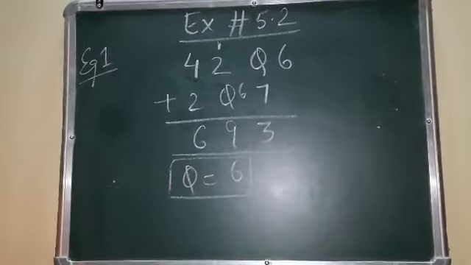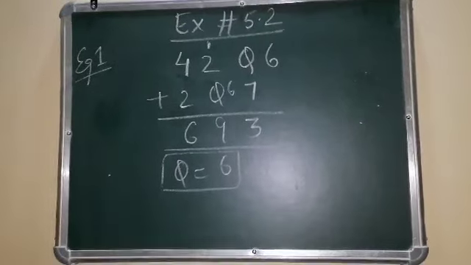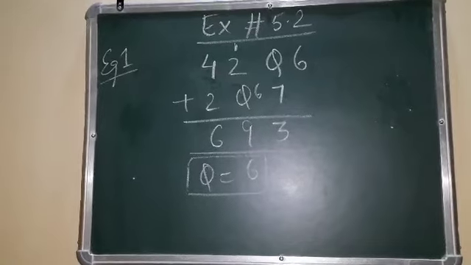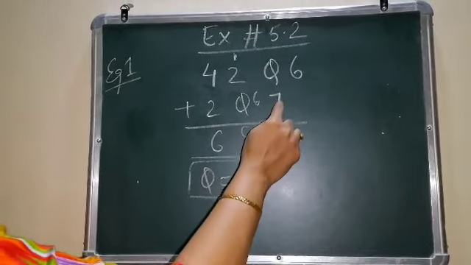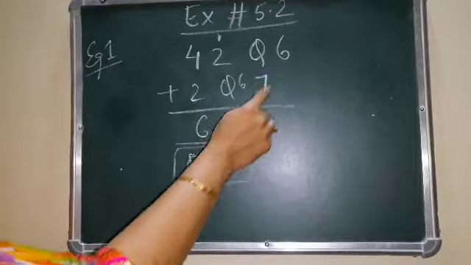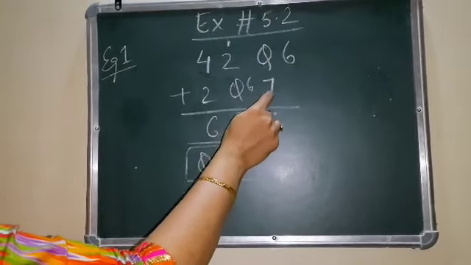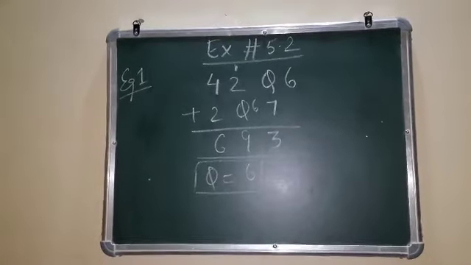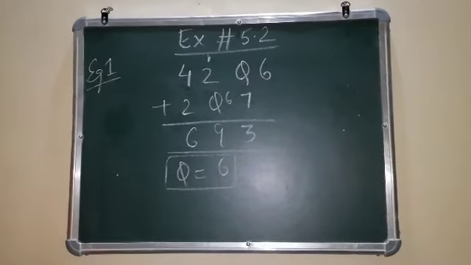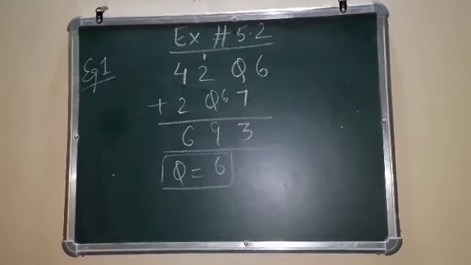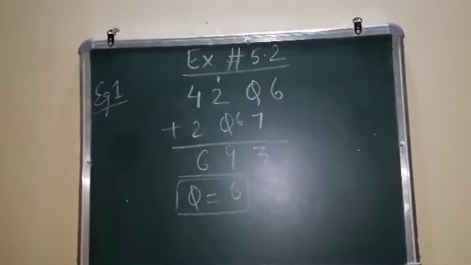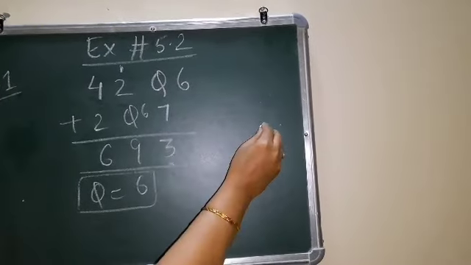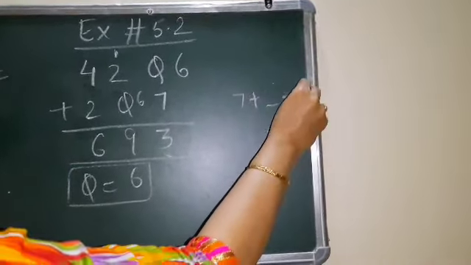So once again I am repeating this question. You have to see what number you will get for Q. When you look at the question, you can see that there is 7 and the answer is 3. Something needs to be added to 7 so that the unit digit in the answer is 3. Now whenever we add something to 7, the answer will be greater than 7. So it cannot be just 3. It can be 13, because we see that this number is 3. So something added to 7 will give you 13.